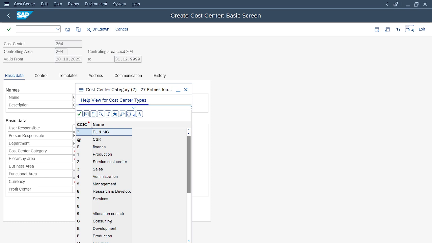Service cost center? Any other? Ingredient sales also. Service cost center. No, service cost center is used in case we are giving any services.